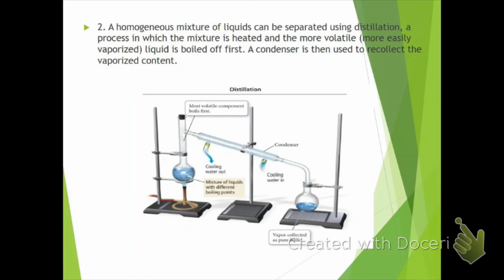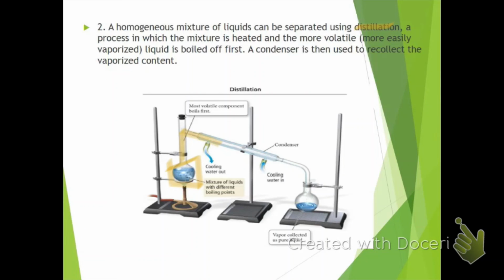Another method would be distillation. So distillation is the process of taking a mixture of two liquids. So you have a mixture of two liquids down here in this flask. We can see that there's heat, there's flame coming out of it. That's going to cause the more volatile compound to boil first, so it has a lower boiling point. So it's going to boil, it's going to travel up here as a gas,